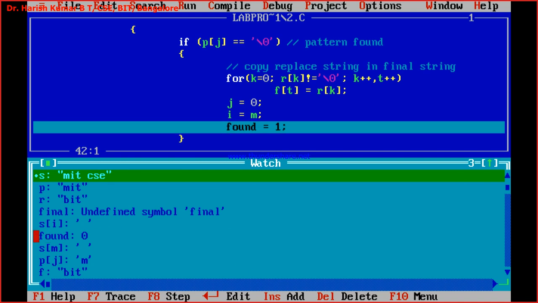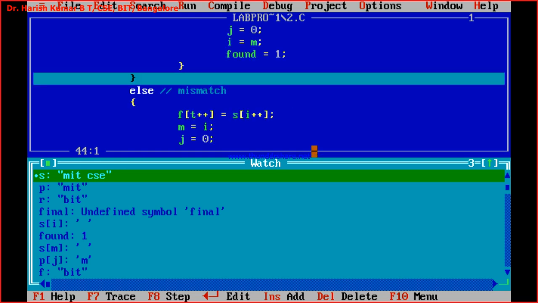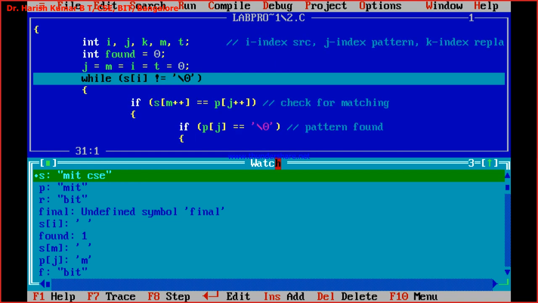You can just observe now. S of I is equal to what? Space. This space. Now found. Because I found one pattern in my source string, found is made as 1. So till now, all this time the found value was 0. Now it is changed to 1. Now F7, I go back. Now what I'm doing? S of I, so this space,